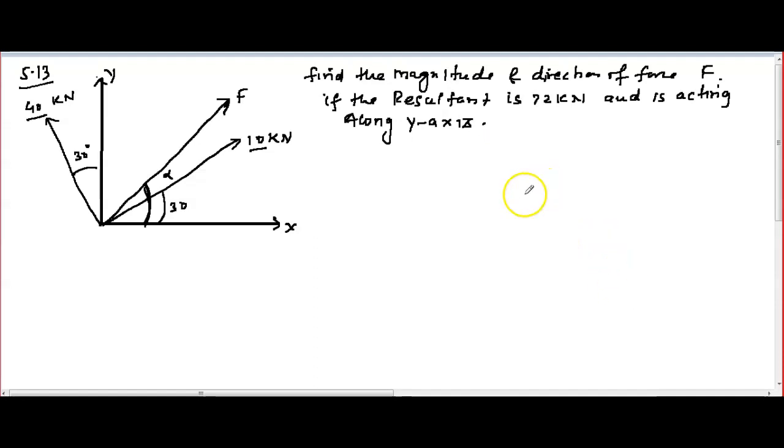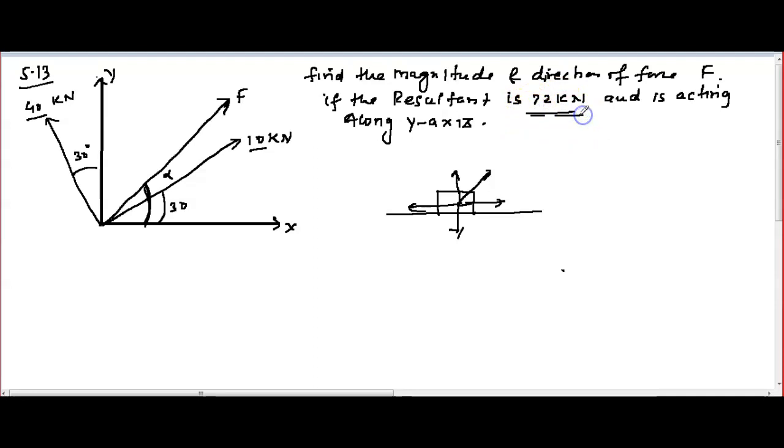See here, consider this surface is a table. Here a book is kept. Somebody is pulling in this direction, somebody in this direction, some in another direction, maybe any direction, but finally where it moves, that is called the resultant. Total forces, final forces, net forces are called the resultant. So that resultant is given as how much?